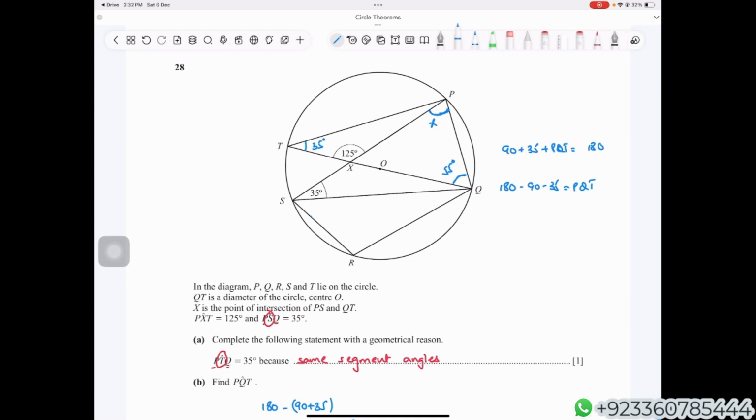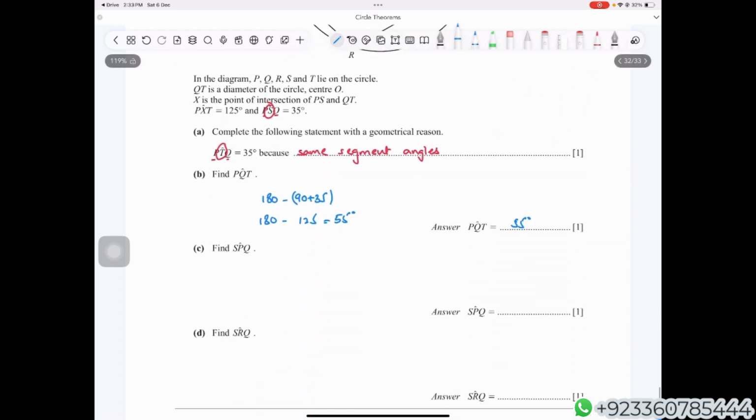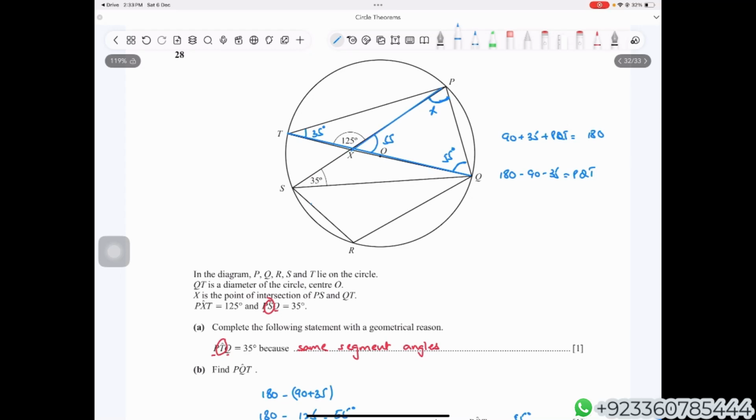Okay, I hope you've thought really well about it. If you still don't have an idea, can you see that this is a straight line? And angles on a straight line always equal to 180. तो ये क्या हो जाएगा? 180 minus 125, which is again 55. तो ये 55 हो जाएगा. और यहाँ से 55 plus 55 is going to be 110 and x is going to be 180 minus 110 which is equal to 70 degrees. So the answer is 70. Why 180 minus 110? क्योंकि हमारे पास ये एक triangle बन रहा है and angles in a triangle add up to 180 degrees. I hope this is clear.